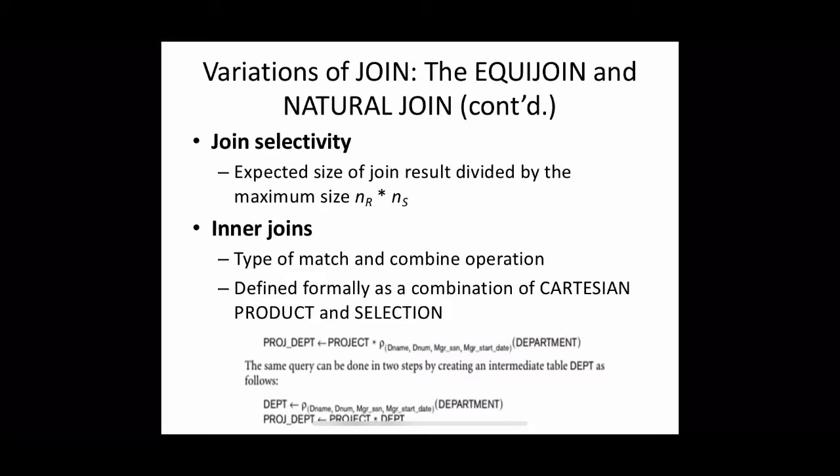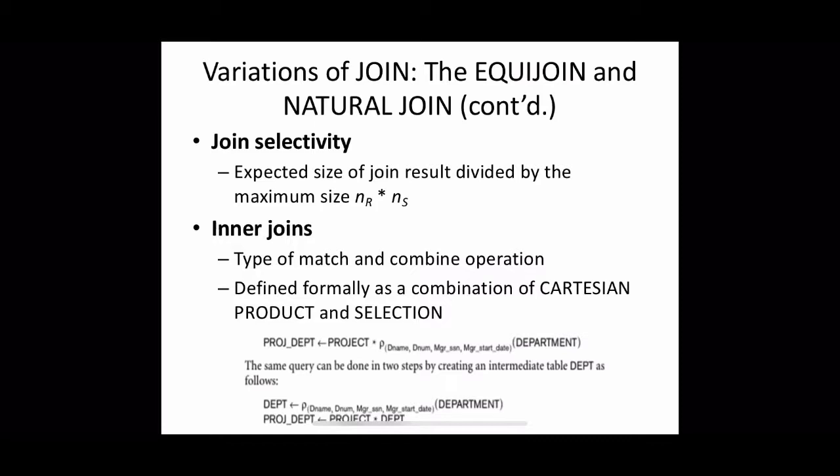Obviously, if there is no join condition, all combinations of tuples qualify and the join degenerates into a Cartesian product. That is why it is called cross product or cross join. A single join operation is used to combine data from two different relations so that the related information can be presented in a single table. This type of join is also called inner join. Why is it called so? Because we have another variation of join called outer join. We will see it later. So the joins we have followed so far are called inner joins.